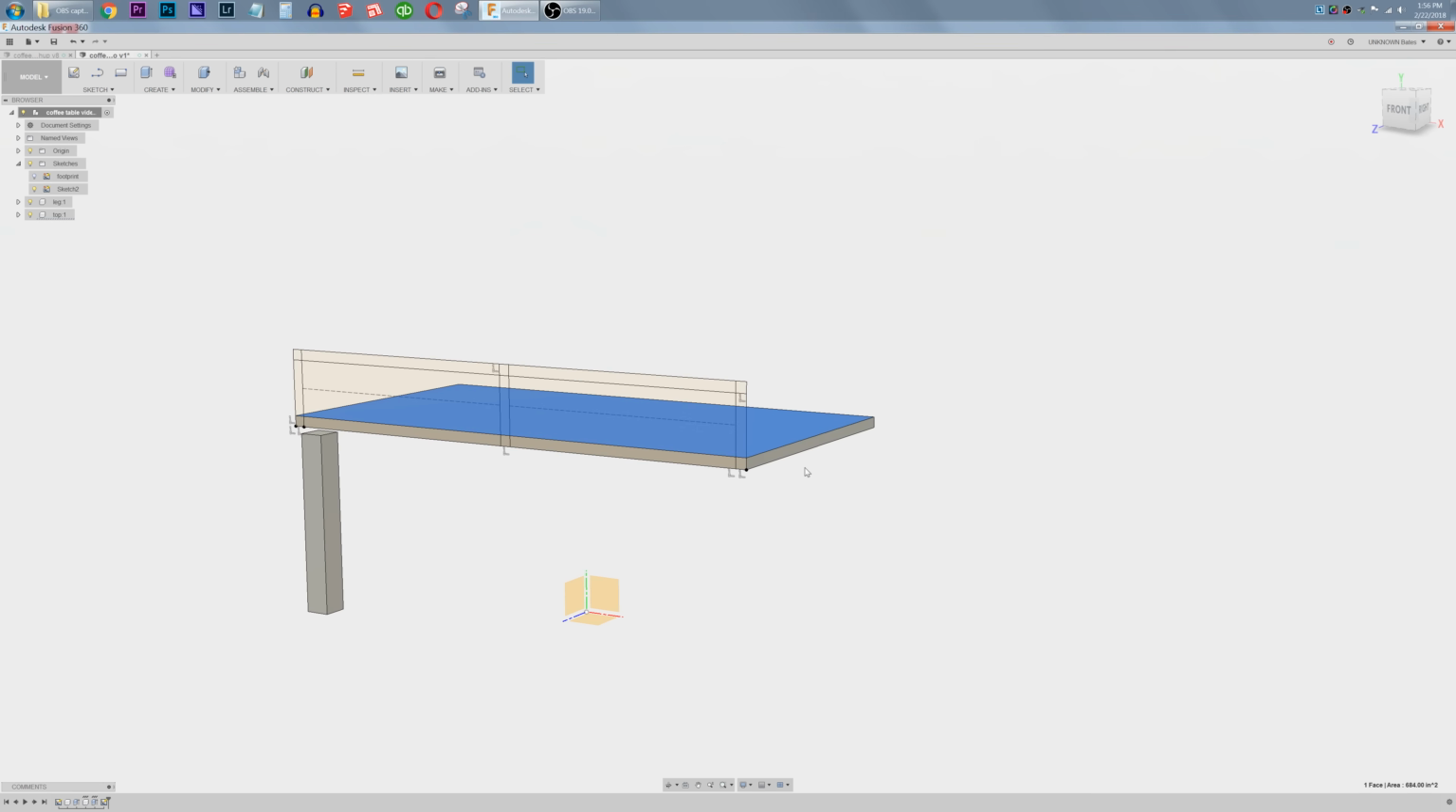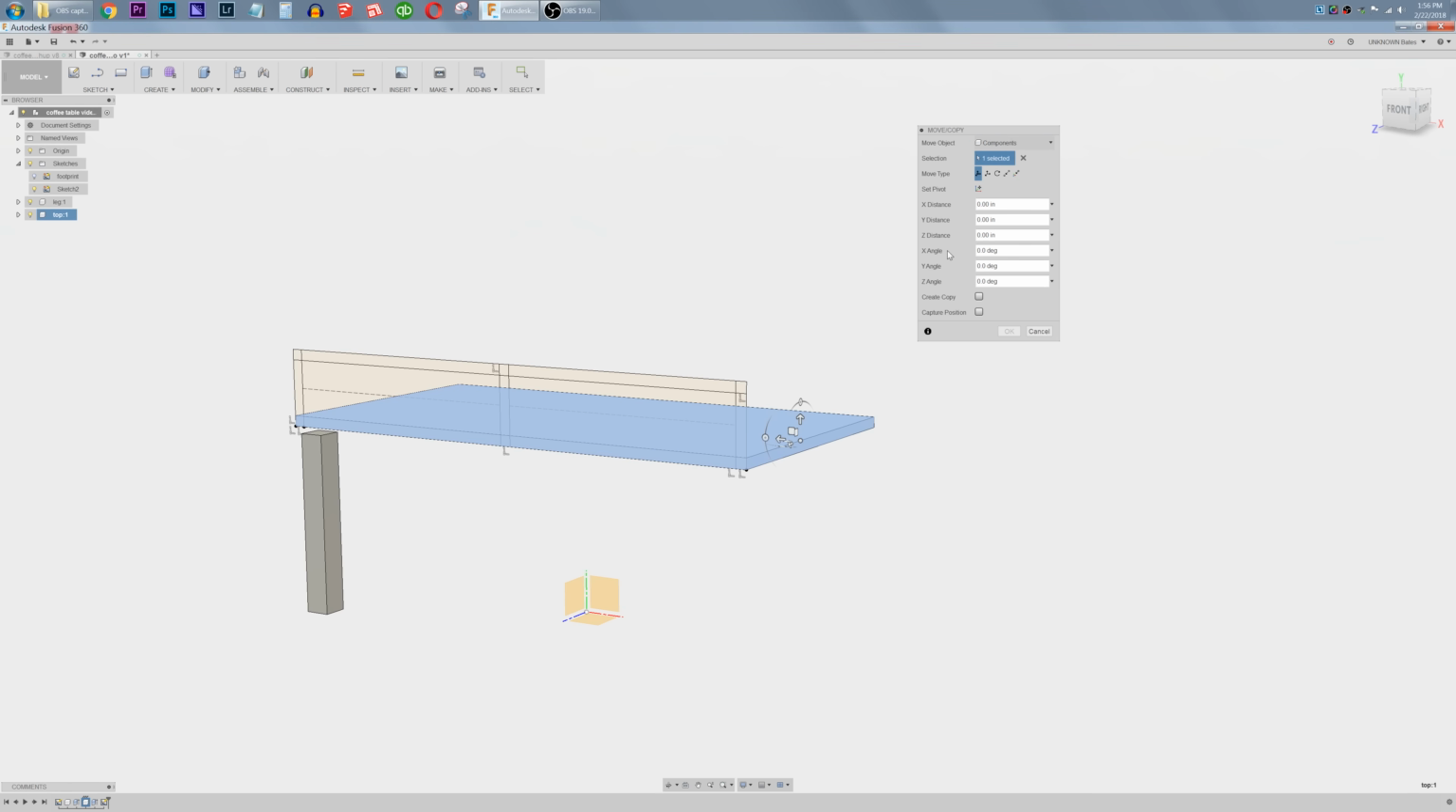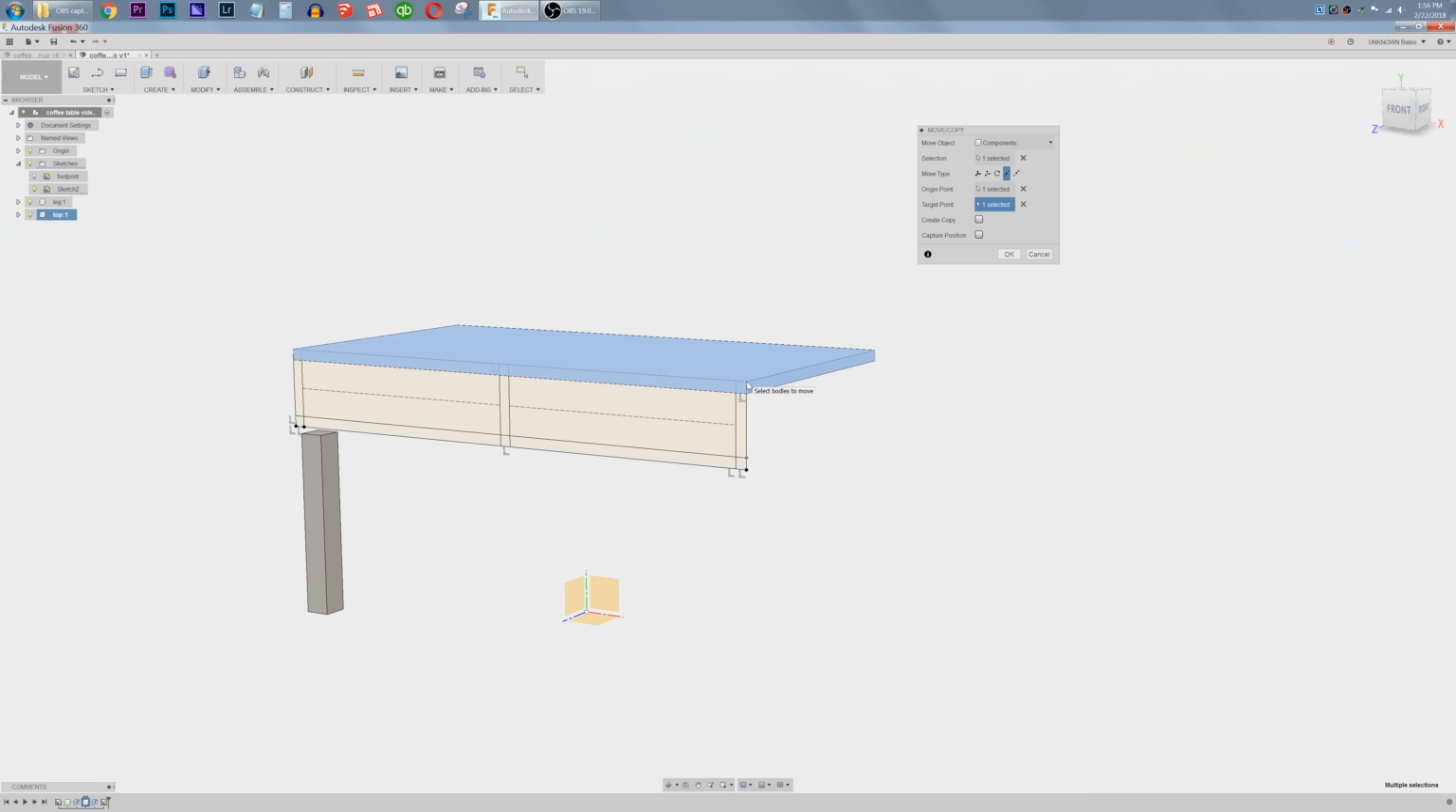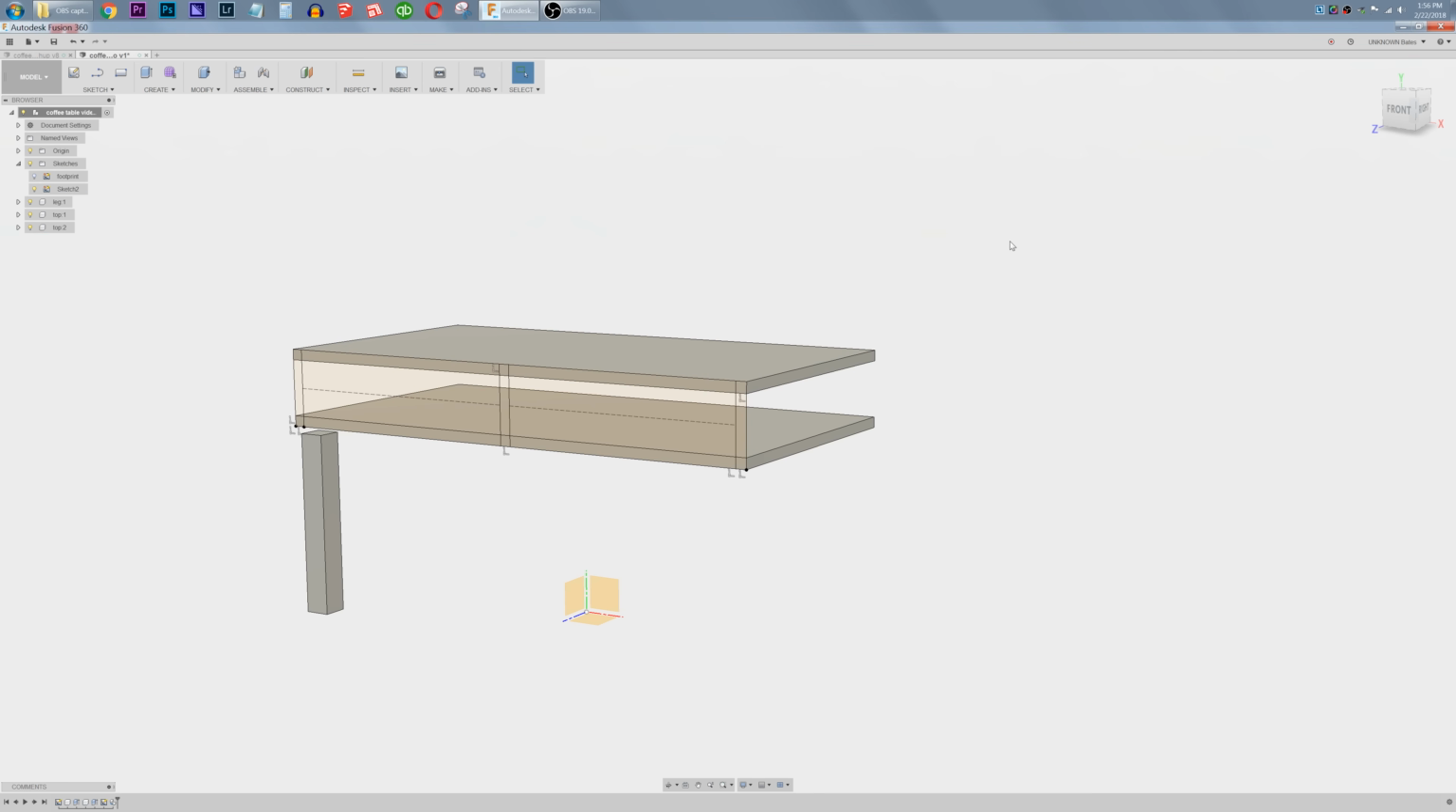So this is a component. I'll go to 730, which is move/copy. I'll change the object to components. I'll select this component and I'll say the move type is point to point. So from this point to this point, I want that to move, but I don't necessarily want to move the first one. I want to create a copy. Press OK. Now what this does is it puts another top in the exact location that I want it to,